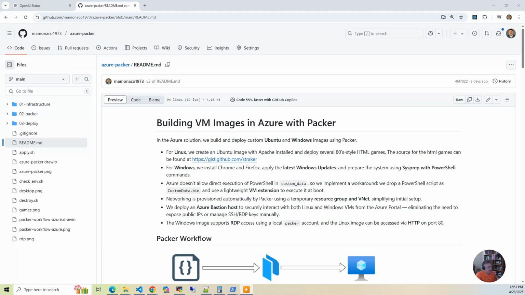For the Linux image, the process is very straightforward across all the cloud providers. The system Packer uses SSH to provision into the machine. It creates a temporary user ID and password. And we're going to run a series of bash scripts where we're going to use the apt package manager to install Apache. And then we're also going to set up a collection of lightweight HTML games that run on that web server. This gives us an image of a game server that we can deploy and then connect to and